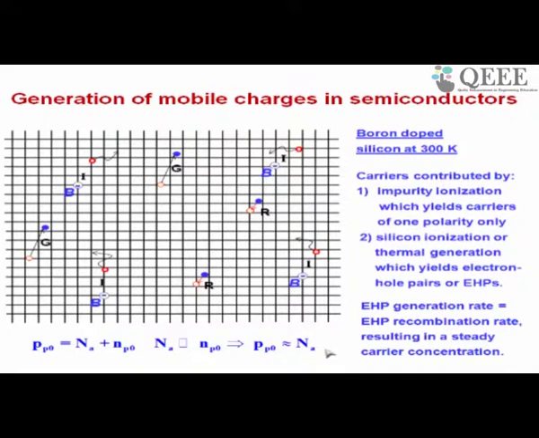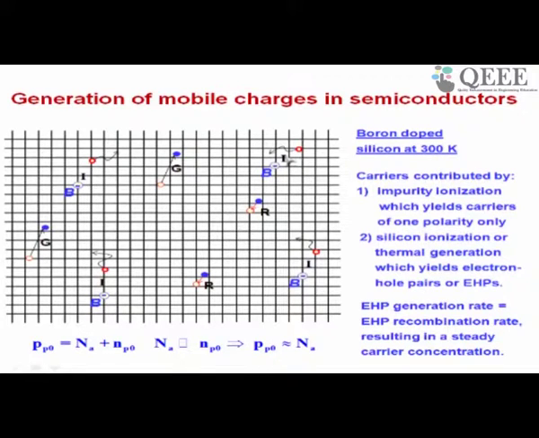Now let me put a letter against each of the processes. So here, for example, an electron hole pair is being generated, so I put the symbol G. So in this location of the crystal there is generation. Similarly, I have put G in all the locations where an electron hole pair is being generated. So you have two such locations here, and I have put the letter R wherever electron hole pairs are recombining, and I have put the letter I in locations where impurities are getting ionized. So this is impurity ionization.